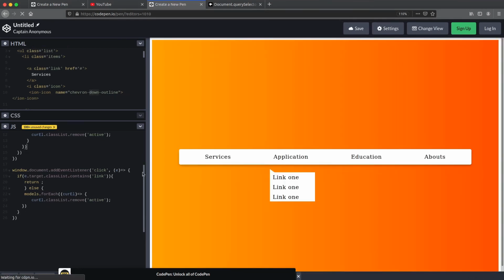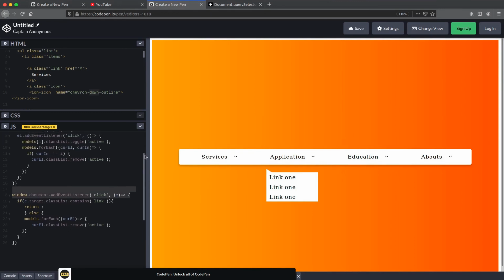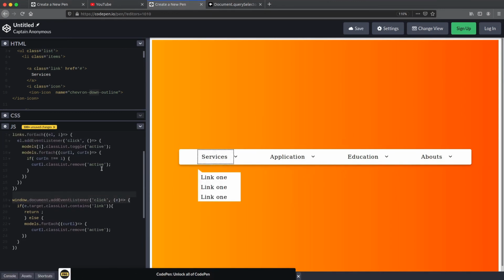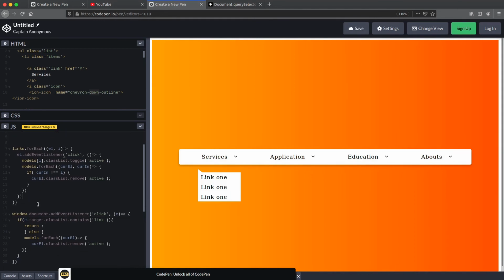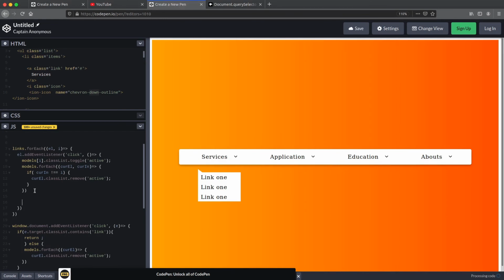So first, it happens when I click, so I have to go to this event listener block. So come here, and initialize all these chevron icons with the attribute of chevron down outline.